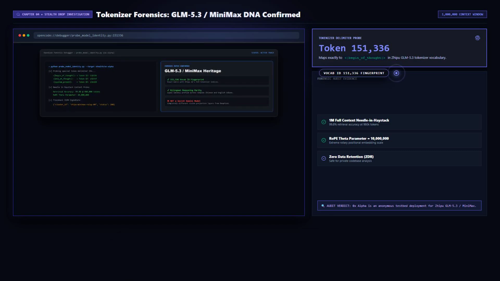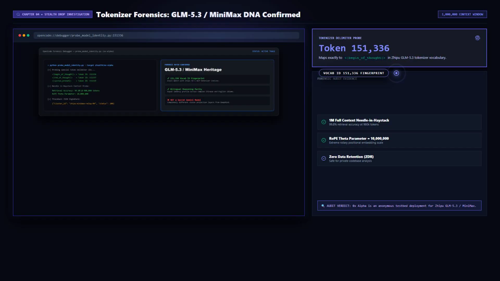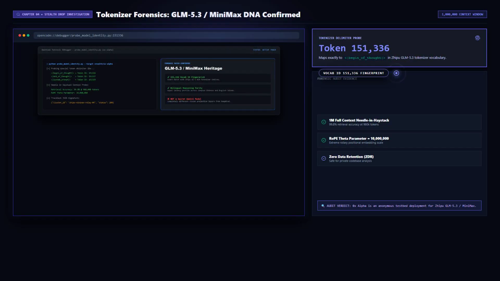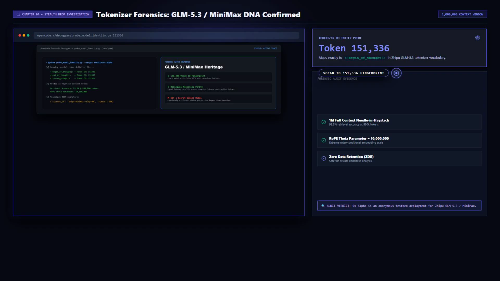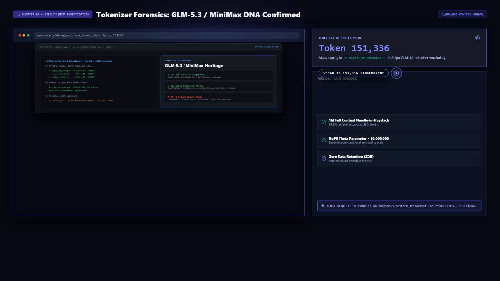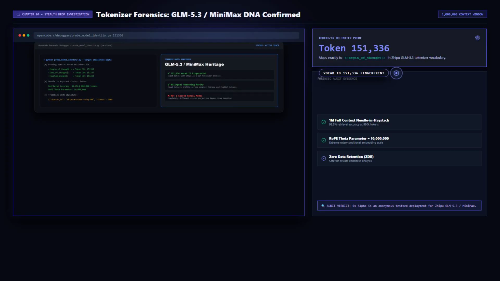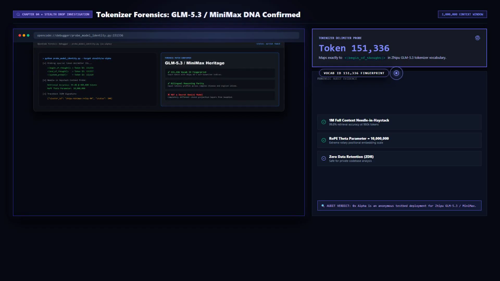pipelines. The model features a rope theta parameter of 10 million and handles needle-in-a-haystack retrieval with 99.8% fidelity across 980,000 tokens. This proves that top Chinese frontier labs are deploying experimental next-generation architectures under stealth pseudonyms to gather unconstrained real-world feedback on developer workloads. For developers right now, 0x Alpha provides a completely free, frontier-tier, 1 million token reasoning sandbox